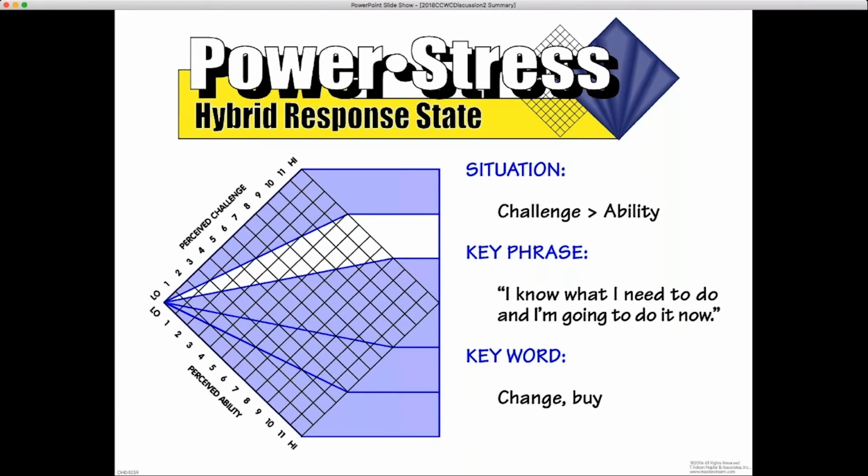And so when I think about it, I've been teaching for 20 some years, I'm in power stress before the participants get there, making sure everything is in order to begin the class, and it's very resourceful, productive, and a good place to be. But if I'm teaching a 2-day program, I don't want to stay in that level of stress the whole time, especially if I'm listening to the participants talking about what they want.